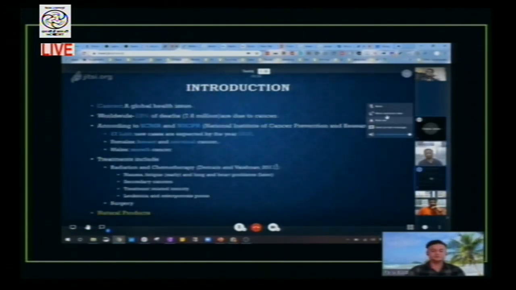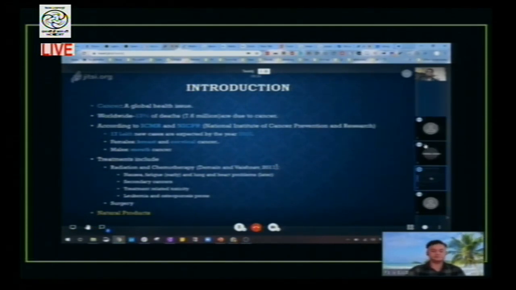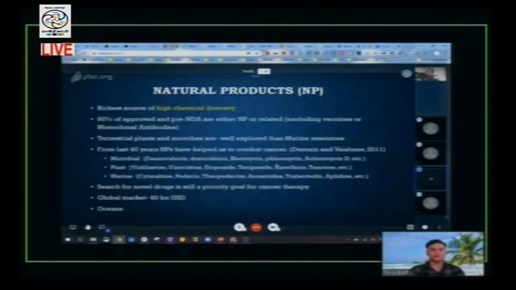So first we will start with a little bit of introduction. As we all know that cancer is a global health issue, and totally 13% of deaths, that is 7.6 million people die due to cancers. To search and to explore these new drugs, 60% of the approved drugs are either natural products or related to them.